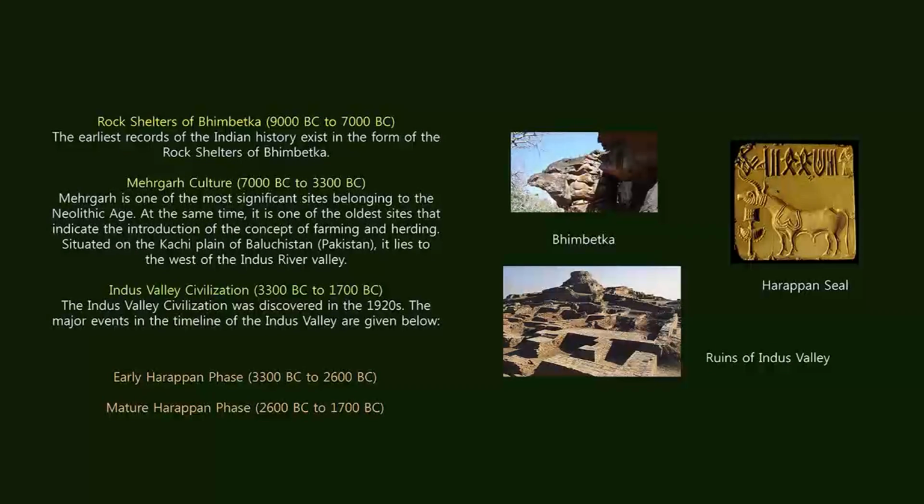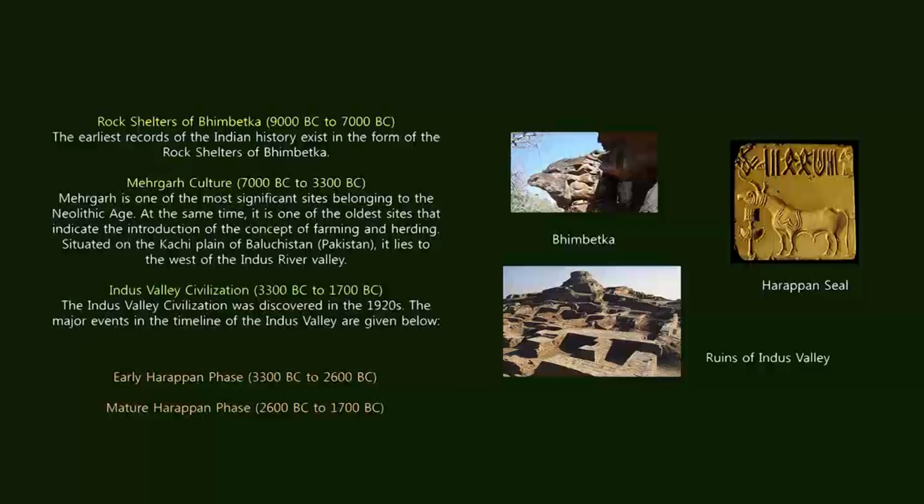Now, Indian culture, because of its chronological variety, was molded throughout the various eras of history, because the chronology can be divided into various eras. As far as the early part is concerned, it is still simpler. We can say that it begins with Bhimbetka, followed by Mehergarh culture, followed by Indus Valley civilization. If you want to go into the details, you can even divide Indus Valley civilization into early Harappan, mature Harappan, and so on and so forth.